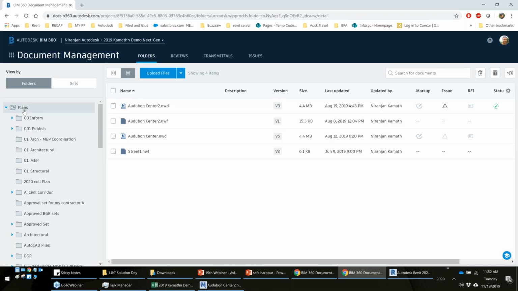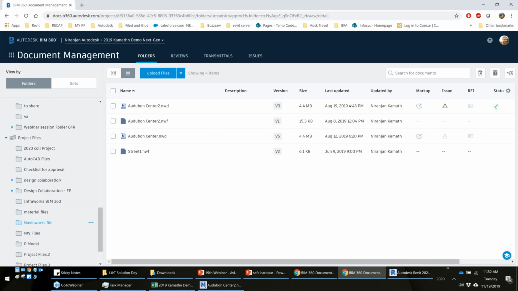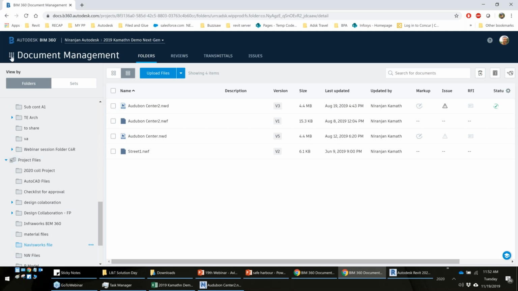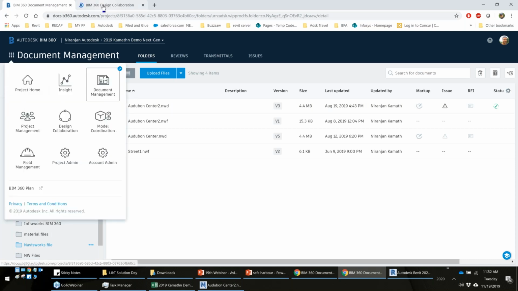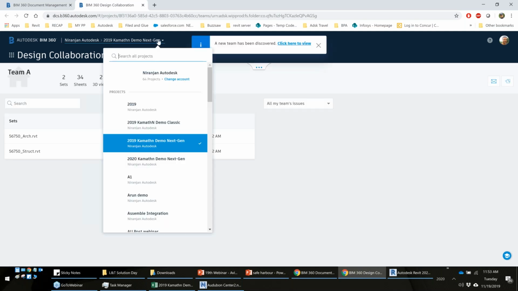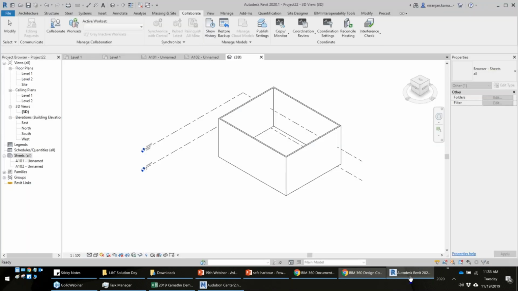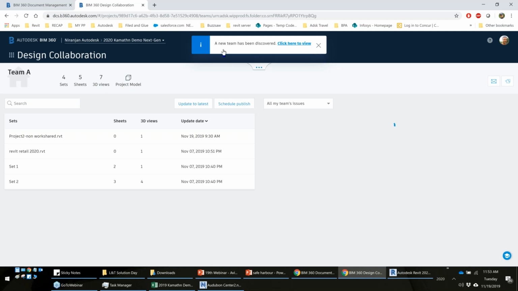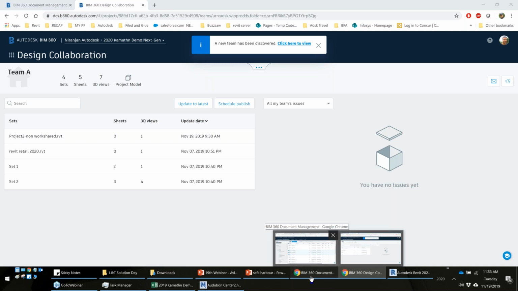Now the plan folders is quite commonly used specifically for design collaboration. It has been developed more to work in the project folders that we have. One thing I want to touch base on is design collaboration, and there is something new that we have recently added. While working on design collaboration, we constantly work on teams, right? Say for example, I'm working on Revit 2020 here, and say I have some design collaboration. Now, whenever I add any files,